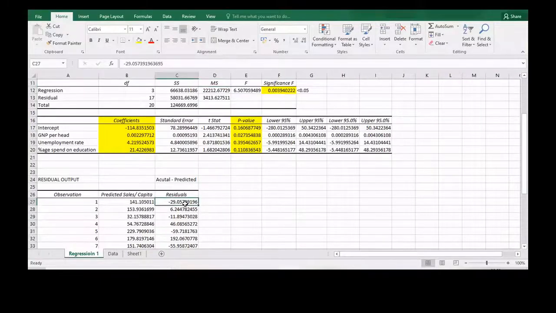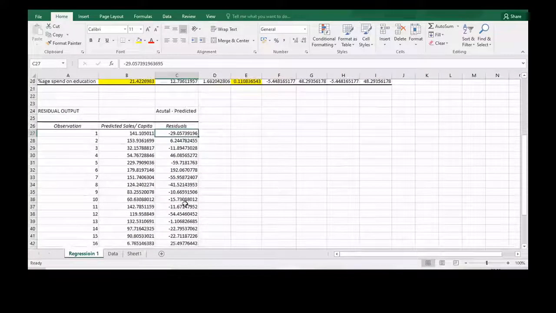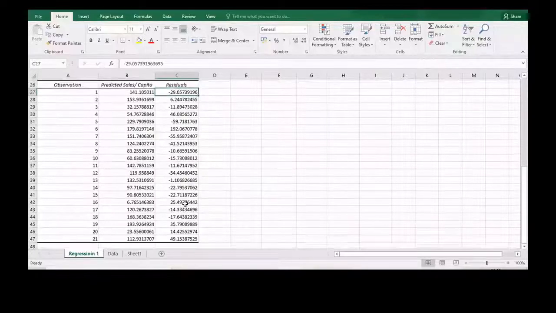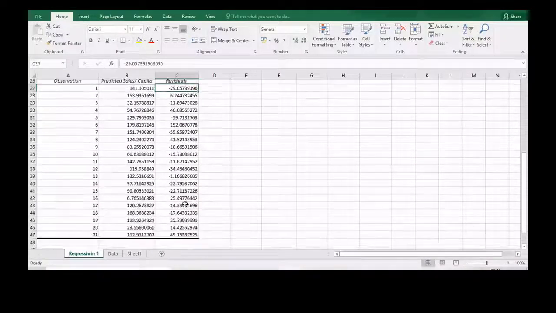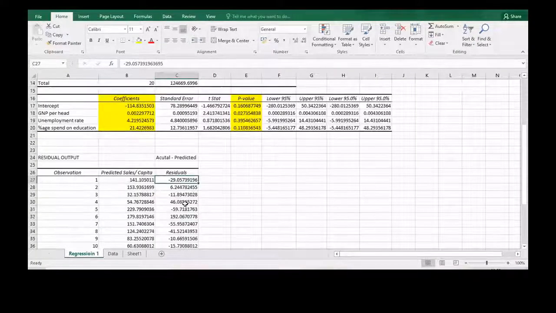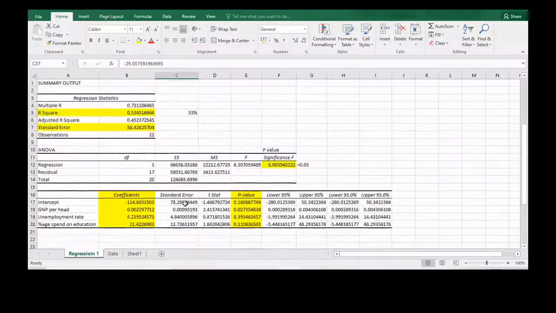Now this residuals tells me whether there is any outlier or not. Now I need to understand which value is outlier. There must be some boundaries to be defined. Now the standard error helps me to define that boundaries. Standard error is nothing but the standard deviation of sampling distribution. So the standard error, the value here is 58.42.